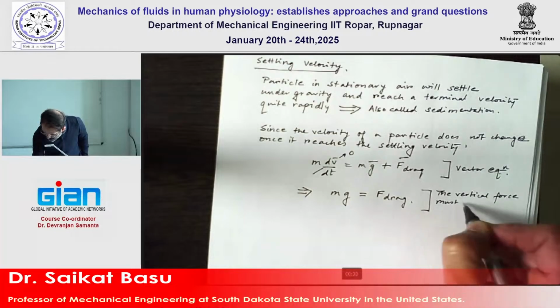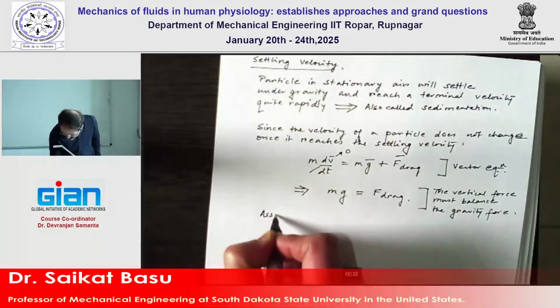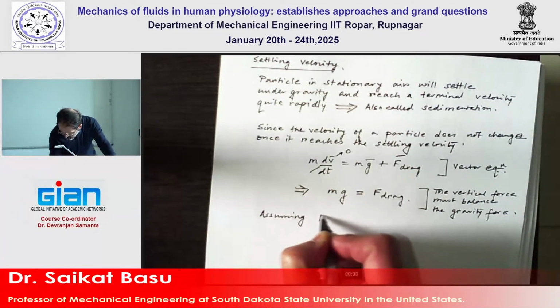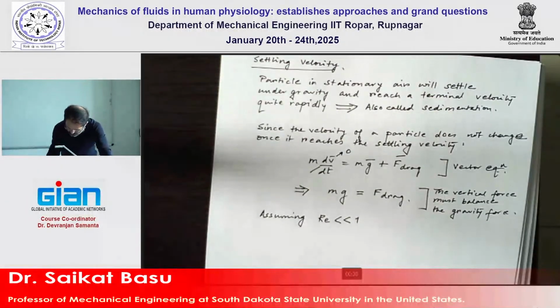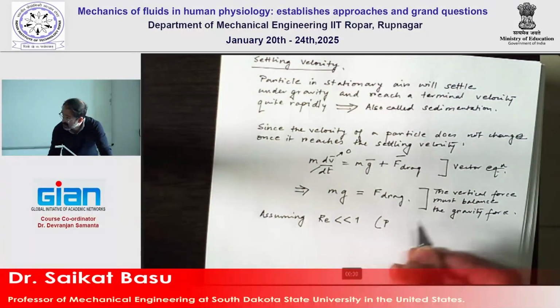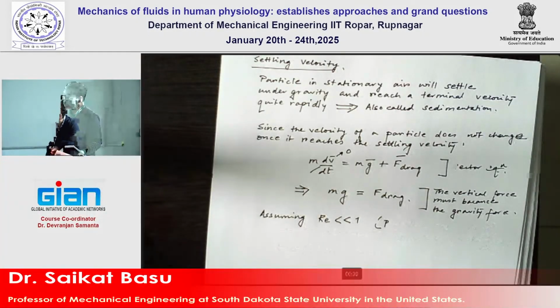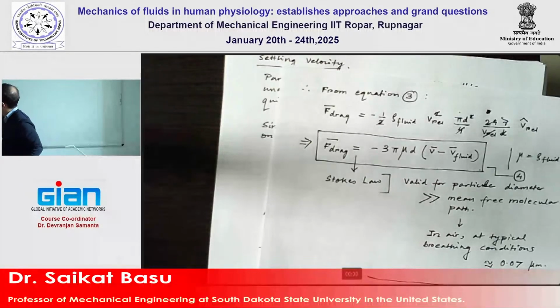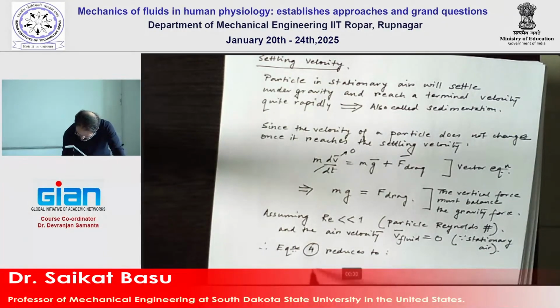We need the Reynolds number to be much smaller. Again, even I got confused with the Reynolds number. This is not the Reynolds number of the fluid. This is the Reynolds number that we are talking about of the particle. So the F drag, let's apply this directly over here. So equation 4 F drag